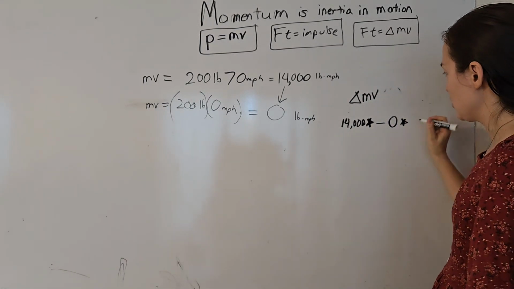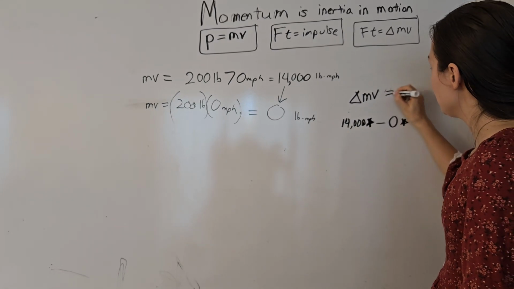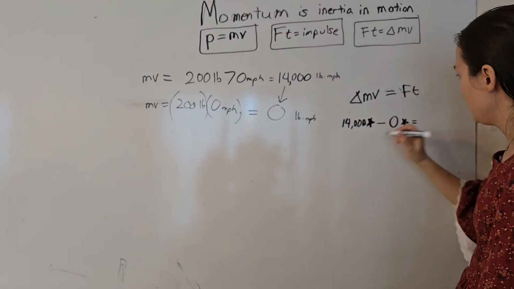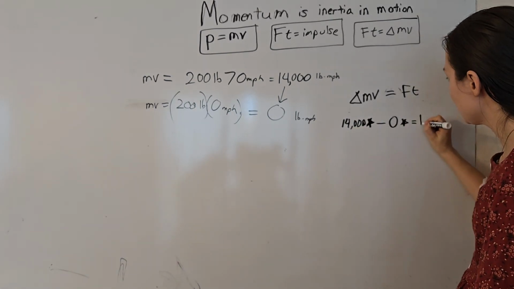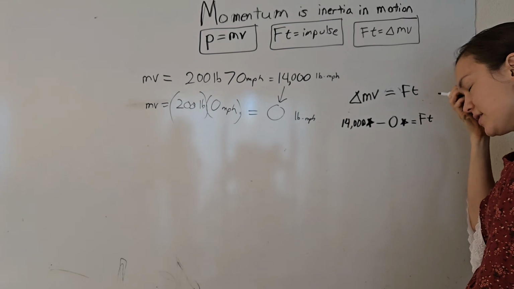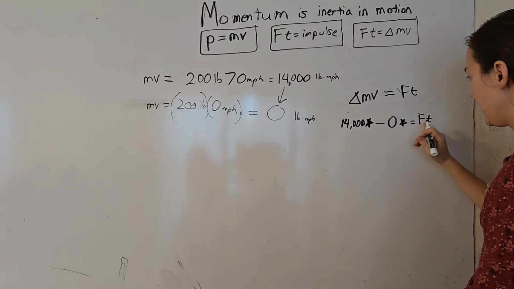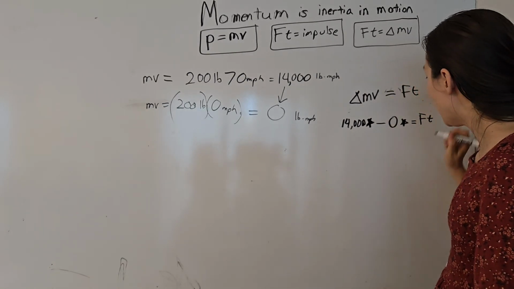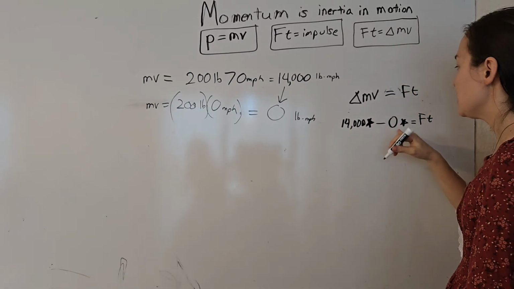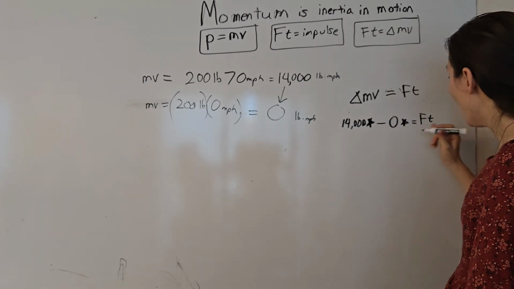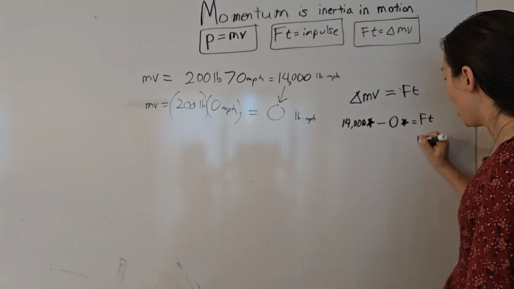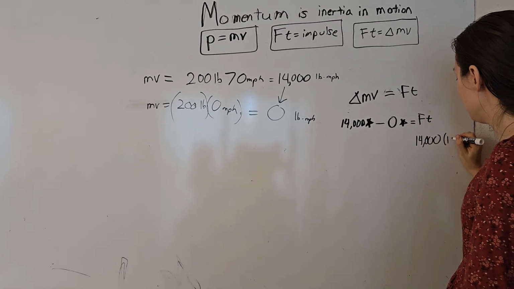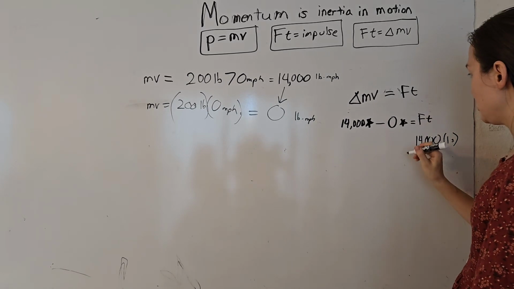So we know that the total change in momentum equals force times time. The total here is 14,000 stars, 14,000 weird units, which will be in this impulse. So the question is, if he goes from 14,000 weird units to 0 weird units of momentum in 1 second, we know that the force on him will be 14,000 units of force, right? Because if the time is 1 second, he's got 14,000 units of force on him.